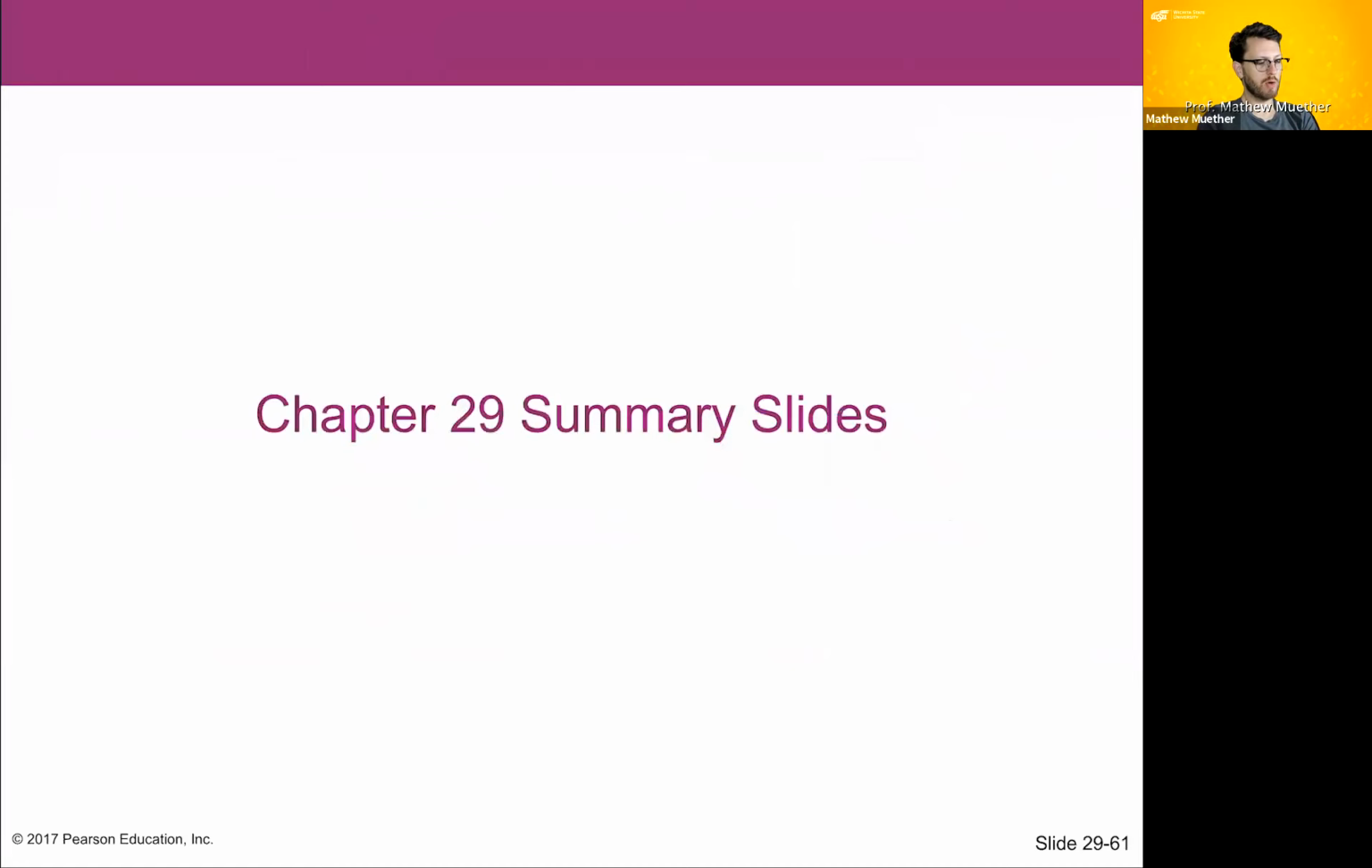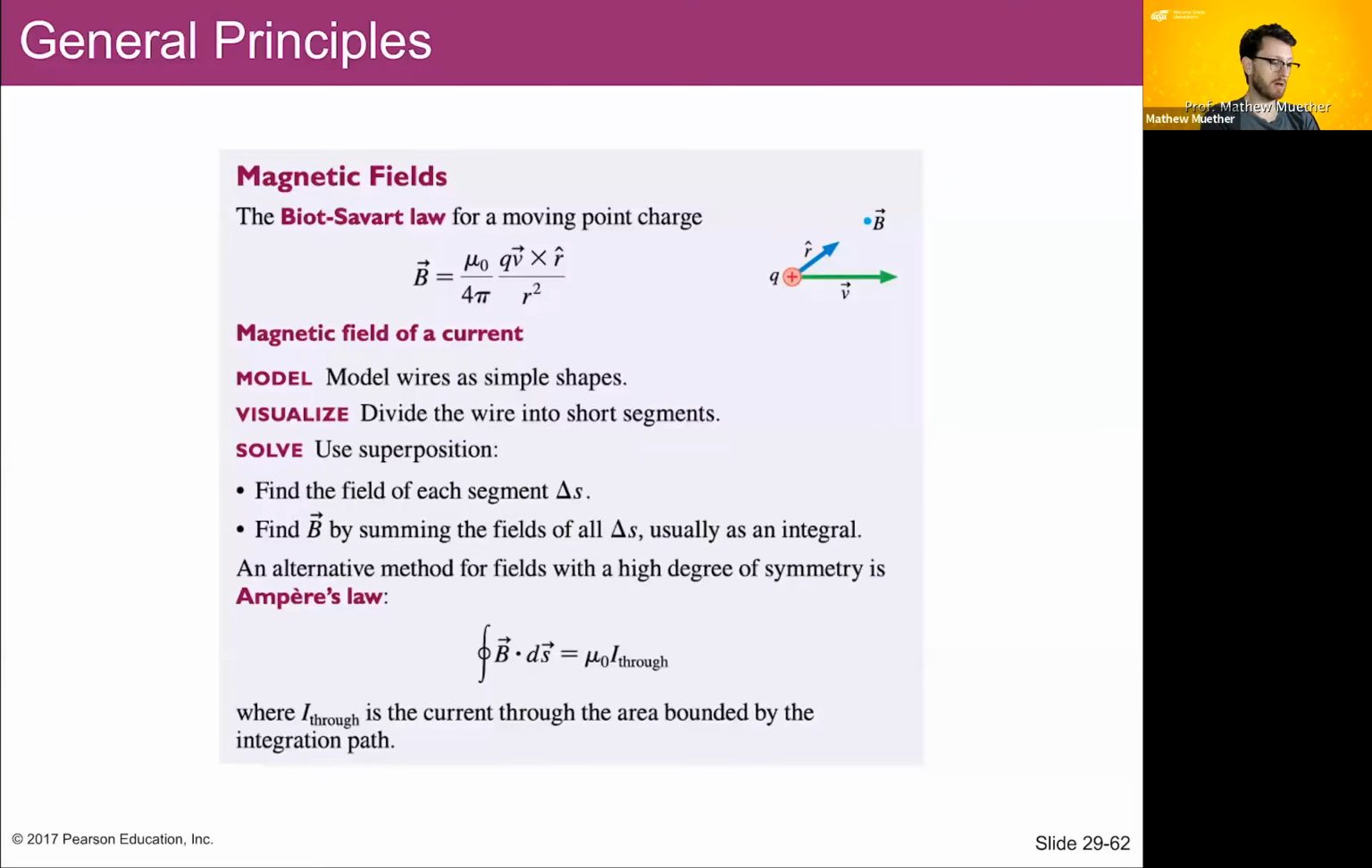Okay, so that's all I brought in to go over in class today. So what we've seen is this sort of fundamental